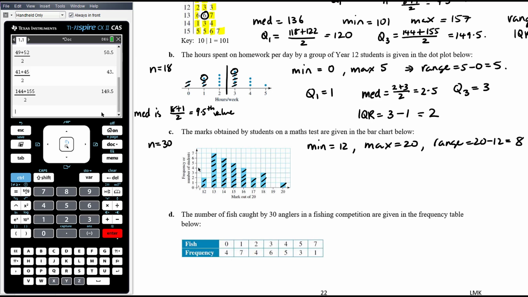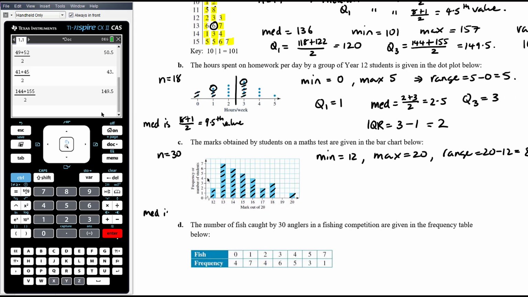Then if we've got n equals 30, the median is 30 plus 1 divided by 2, 31 divided by 2, 15.5th piece of data, so halfway between 15 and 16. Okay, so again, 1, 2, 3, 4, 5, 6, 7, 8, 9, 10, 11, 12, 13, 14, 15, and 16. So that means our median is 14 plus 15 divided by 2, halfway between 14 and 15, which is 14 and a half. So the median isn't a data value, the median's sitting bang in between there,